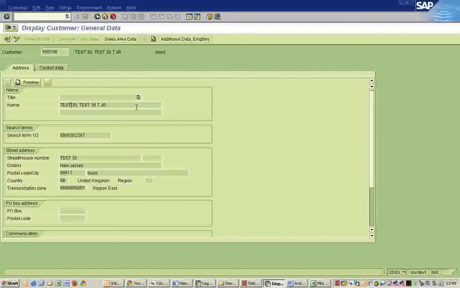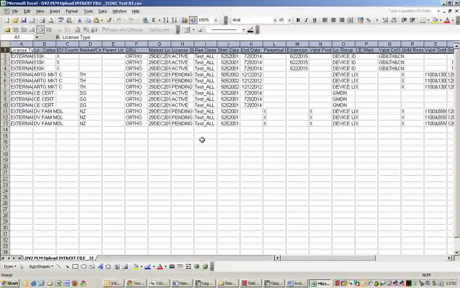From a functional consultant perspective, our job is to tell the ABAPer that this is the transaction XD01 which I want you to run, and these are the 10 fields or 20 fields which need to be updated automatically. So we will give this information to the ABAPer, and the same information we will give to the customer saying that these are the 20 fields, please fill in the data and give it back to me. Once you get that information from the users, you have to just verify that all the fields are in correct format, file format or not.